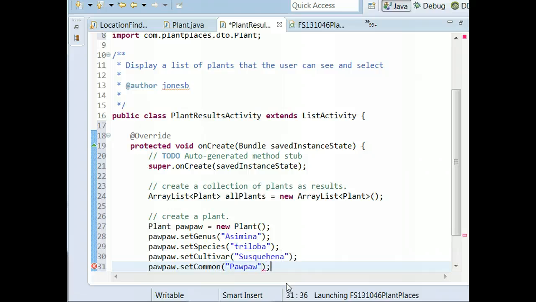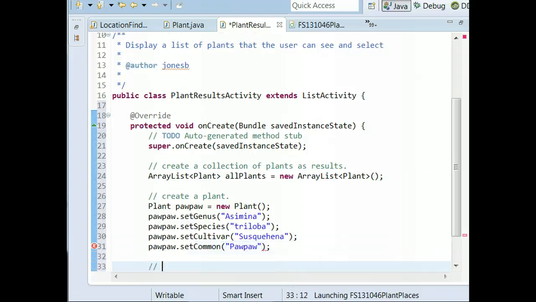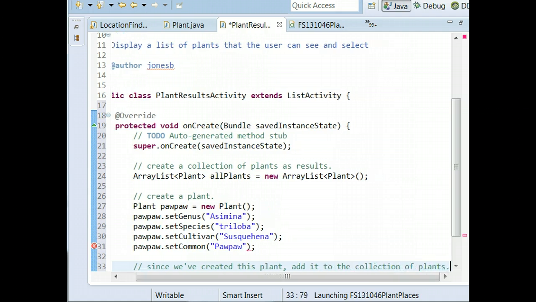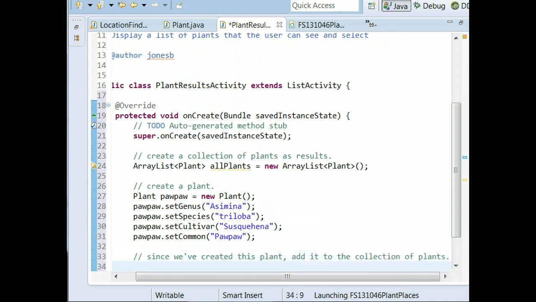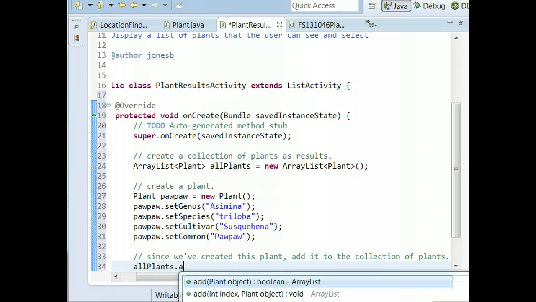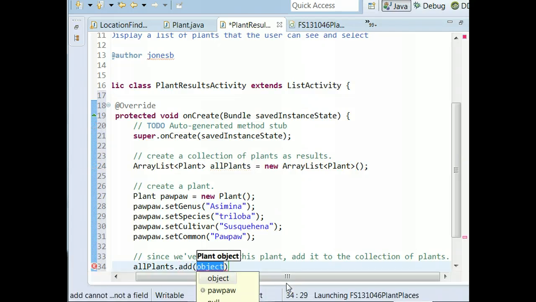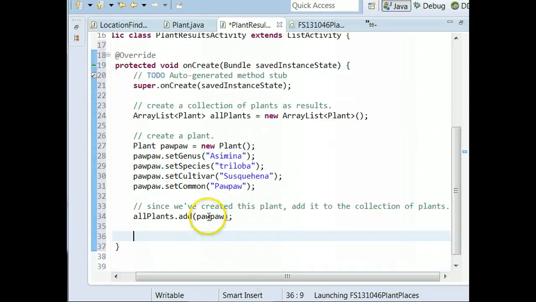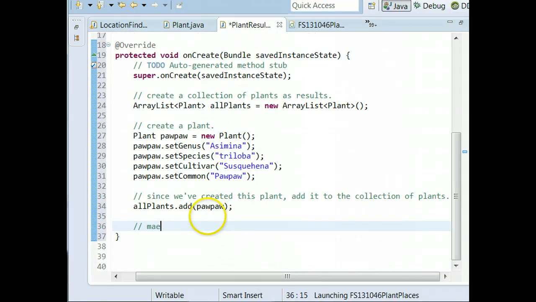Okay, there we go. And now, since we've created this plant, we're going to add it to the collection of plants. For that, it's as easy as this: allPlants.add(pawpaw). There we go. Let's make one more plant. Plant redbud